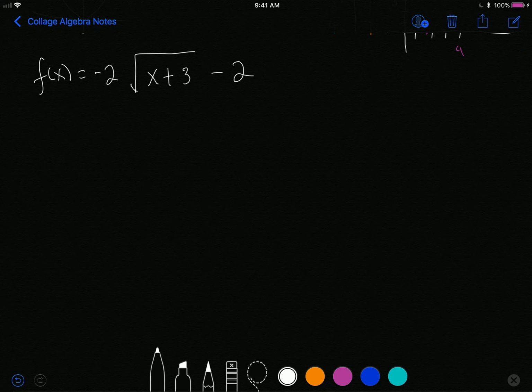So the first thing that I do is I get the parent function. The parent function, or the unadjusted function, is the function after I remove each of the transformations. If I remove the negative 2, the plus 3, and the negative 2 right here, I will be left with the square root of x. The table of values for your square root of x